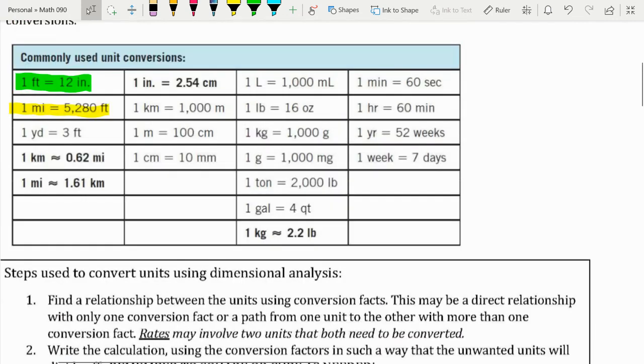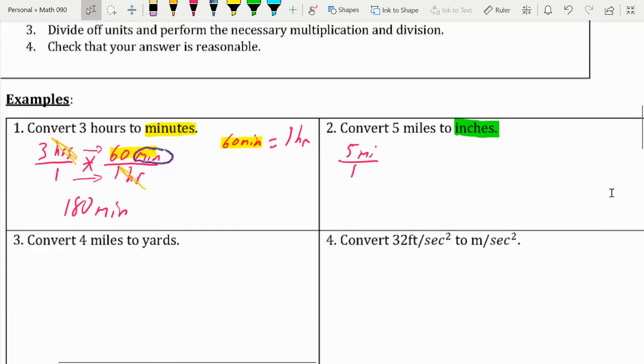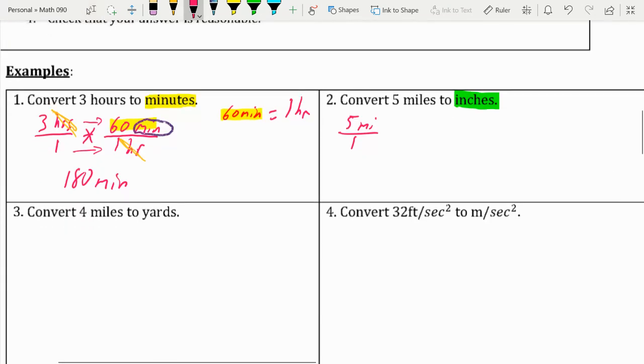So I'm going to remember this. 1 mile is equal to 5,280 feet. Maybe I can write that down somewhere. 1 mile is equal to 5,280 feet. So then times, what do I want to cancel? I want to cancel the miles. Since miles is up on top, I'm going to write the miles on the bottom. Think about cross canceling. So 1 mile is equal to